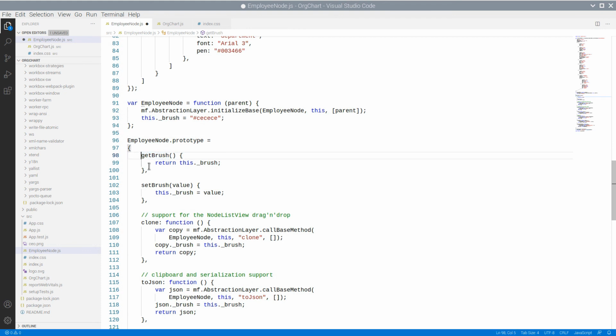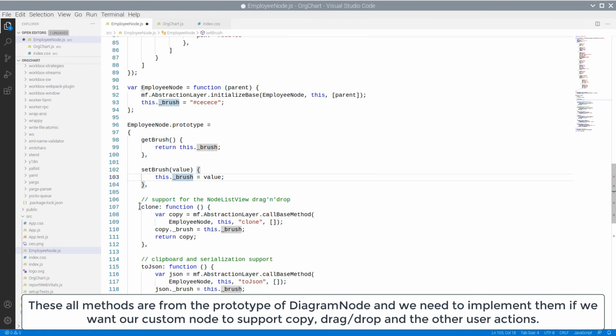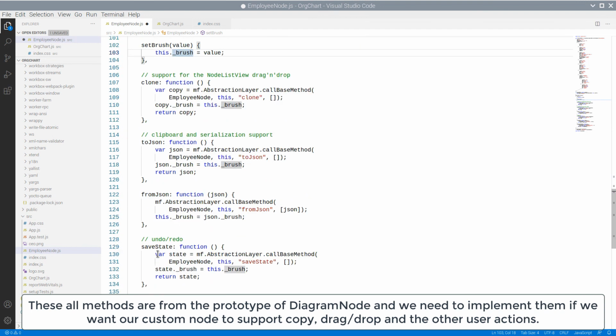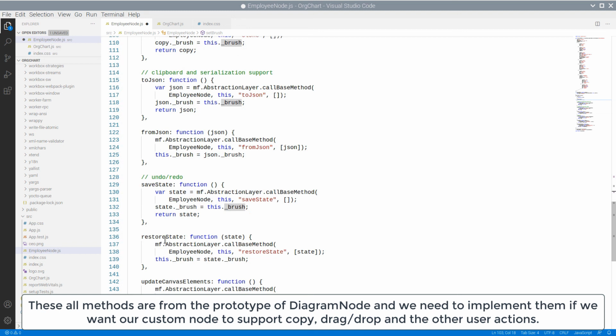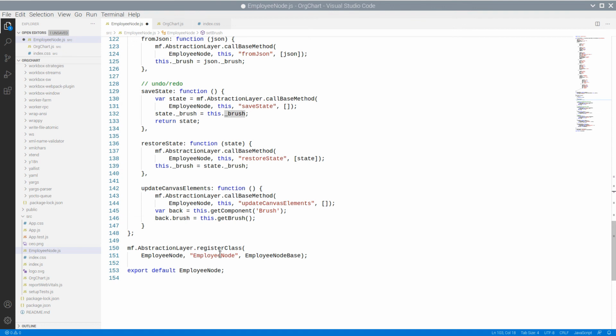This code is part of the diagramming API and you can use it as it is. We also have the code to register the new class, employee node.